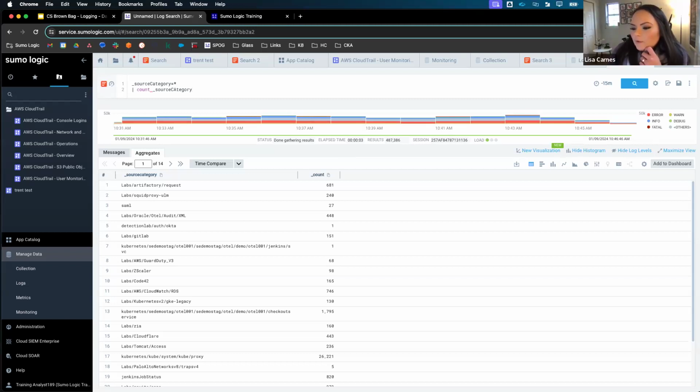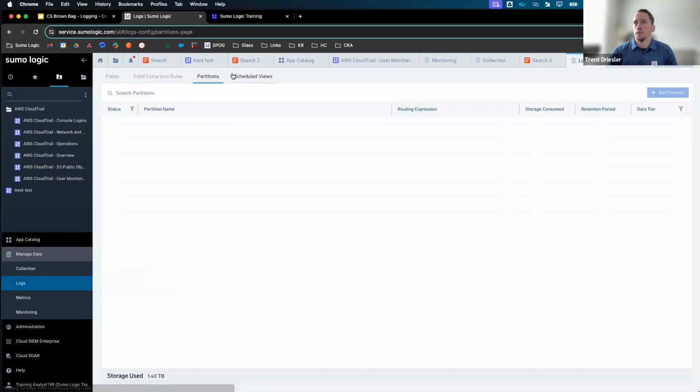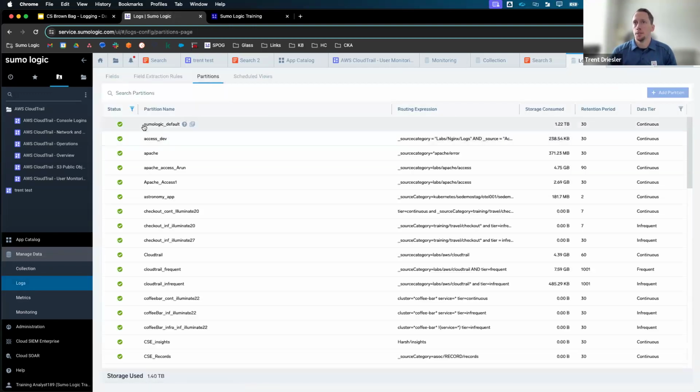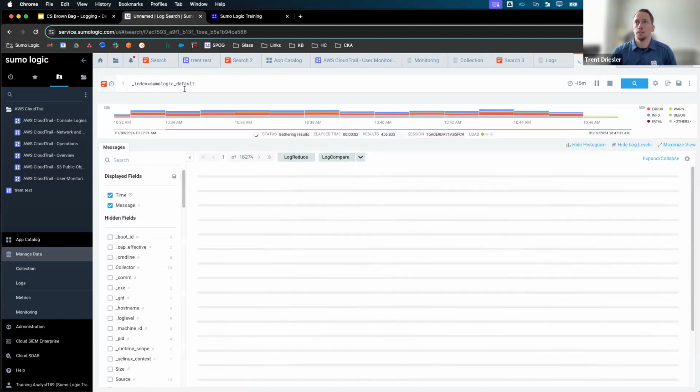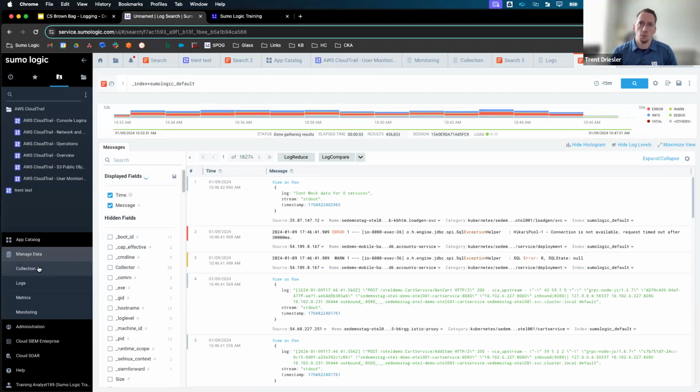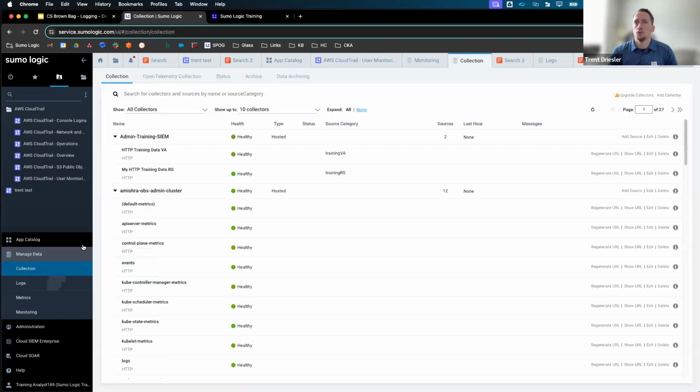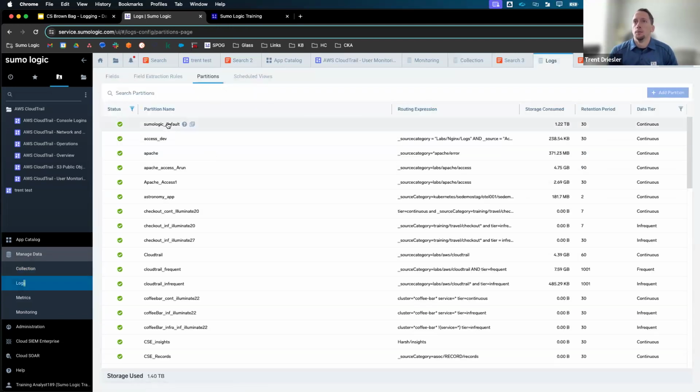Okay. And then we have another one. Yesterday we met with our account team for a health check and they introduced index. Would it be possible to go over that? Sure. So the index is going to be back in the partitions. The partitions now are named indexes. So as you create a partition, the data that's being stored in there is being stored within the index. So as I opened up the Sumo default,